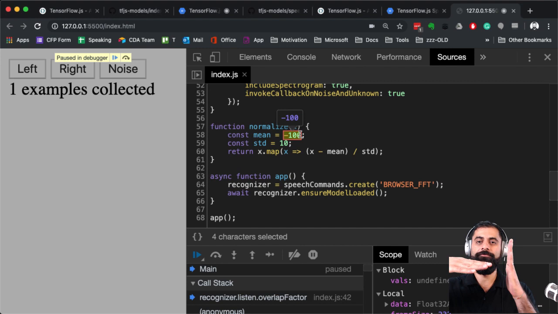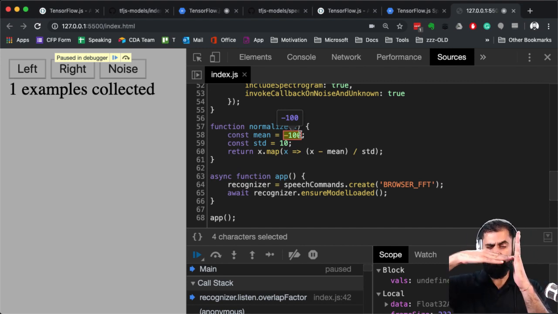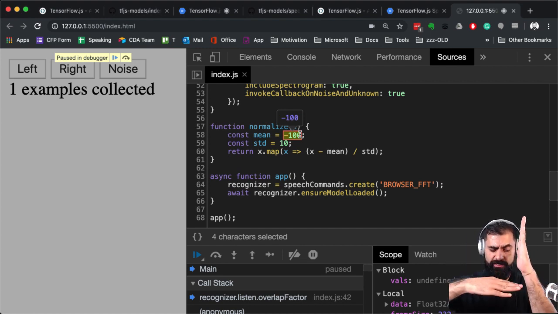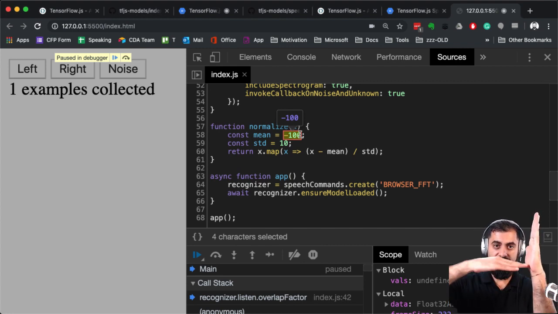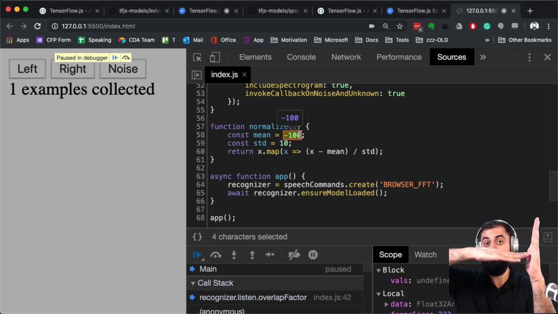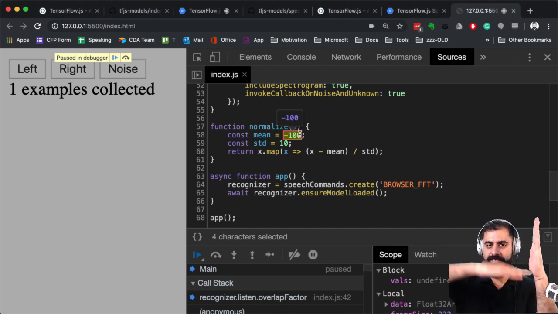Okay, so mean is minus 100. You know the mean is the average. We want the average to be closer to 0. So if the mean is usually minus 100, by adding 100 to everything, the values' average becomes close to 0, if that makes sense. Hopefully that makes sense.